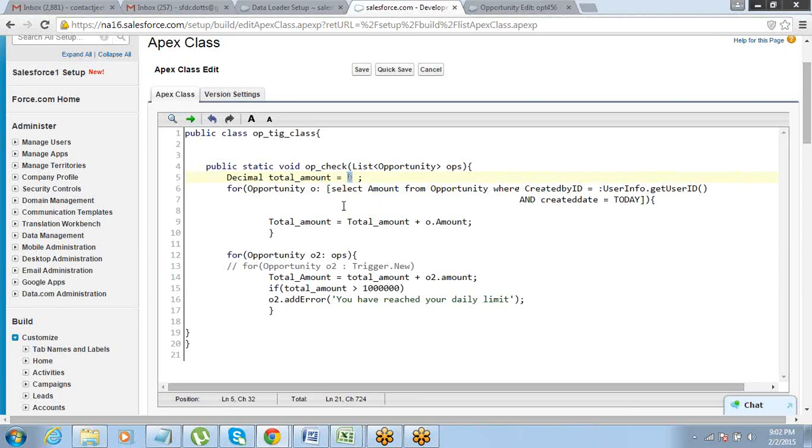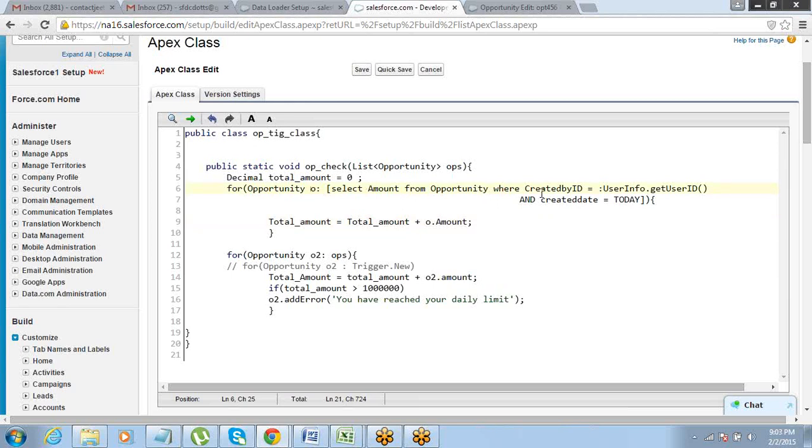So this for loop actually goes and finds, is there any opportunity which this person has created? It adds that amount to the total amount. So first record when you create, which is 100,000, that gets added. Then there is another record, it finds, it adds that thing. So that loop will run and it will keep on adding those values to this total amount. Total amount keeps on increasing. That is what we are doing here. That's it. Yeah, got it.